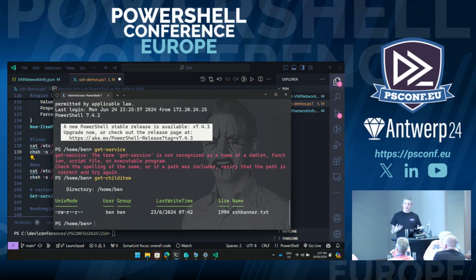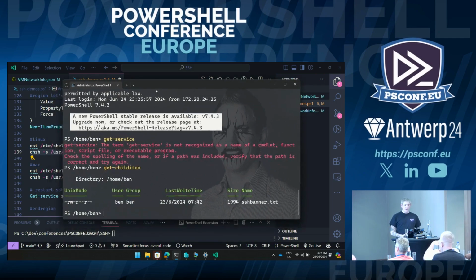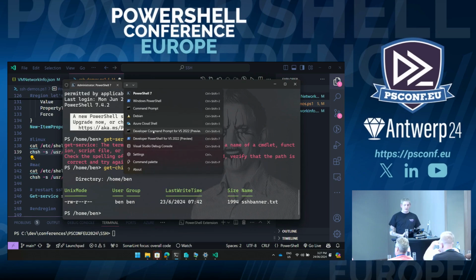But again, this now gives you a really structured environment where the language is always the same and I'm always going to use the same connections. One other really neat thing that I don't actually have a demo for is you can set up different profiles in your terminal to automatically connect you to all of these different environments. Now that you're using PowerShell 7 on your Linux, Mac, and Windows machines, you can set up a whole bunch of different terminal profiles that will automatically connect you into these environments, so that you simply go in, select it, and then you know what you're doing. You can customize the theme so that you know, say, you're going into server red or blue or green, so that you know what you're working on.